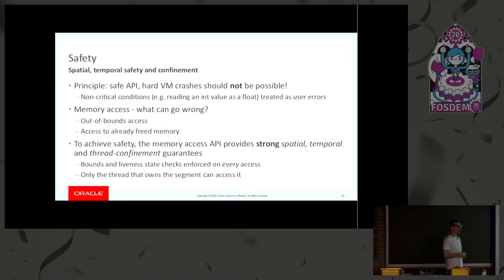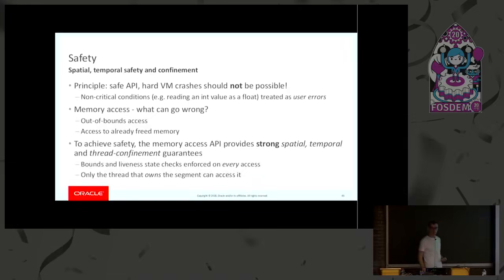Instead, what we decided to do was to, by default, enforce a strong confinement model, so that whenever you create a segment, the segment is confined to the particular thread that created it. So only that thread has access to the memory associated with the segment. Any other thread that wants to join in can, but it has to do an explicit operation called acquire. This acquire will create a view that is specific to that second thread, and you can only close the original segment after all the acquired views have gone. So we still have deterministic deallocation even in the presence of multiple threads, but if you are working with multiple threads, you have to be explicit about who is accessing what.